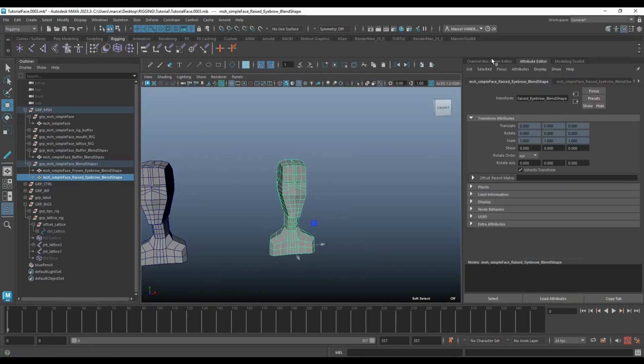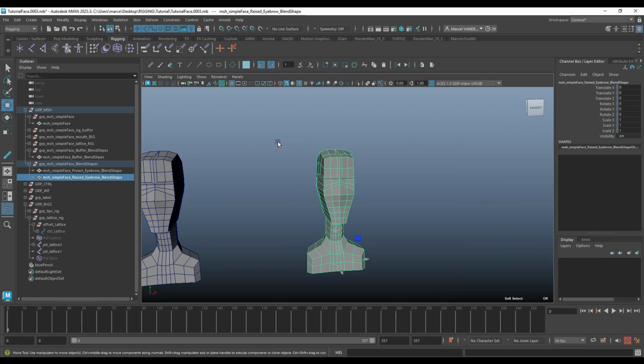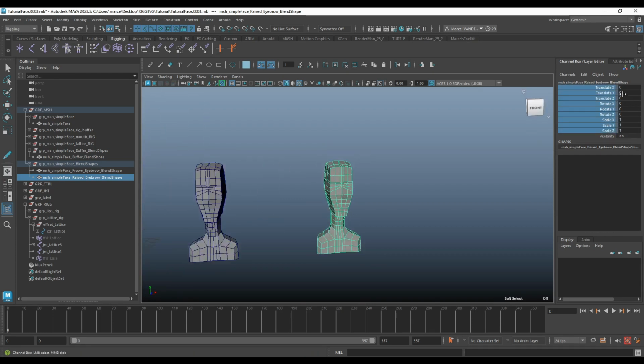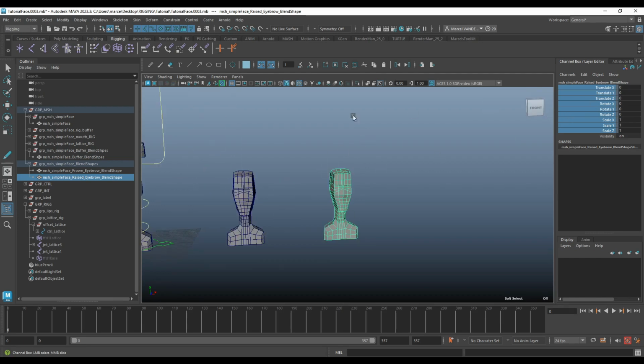The other riggers on your team are going to have a nice time with your rig if you name everything correctly. So you see that everything is locked. Everything is locked here, which is normal because